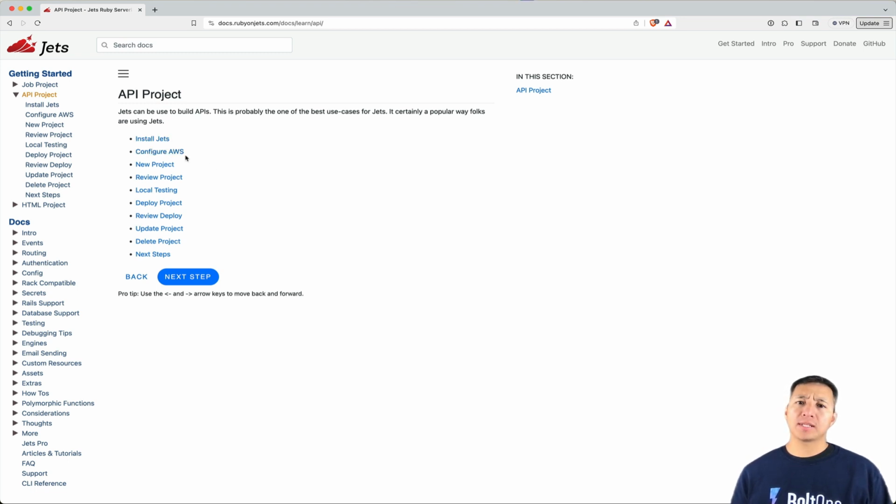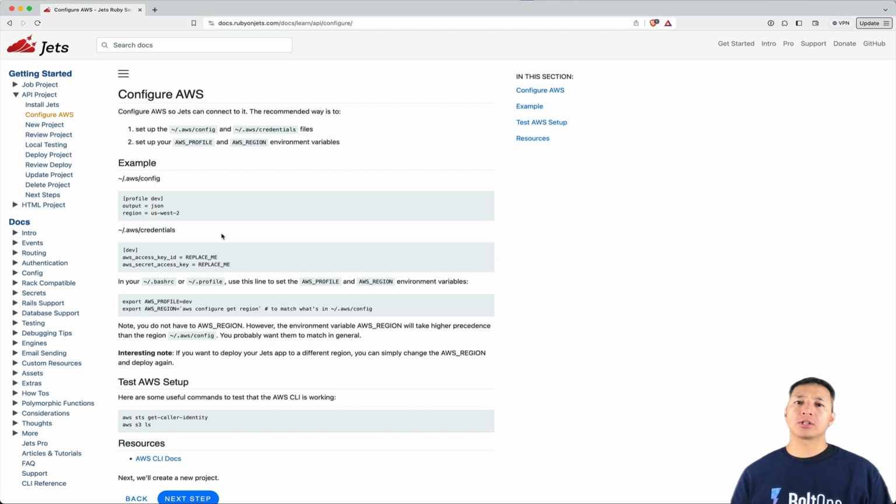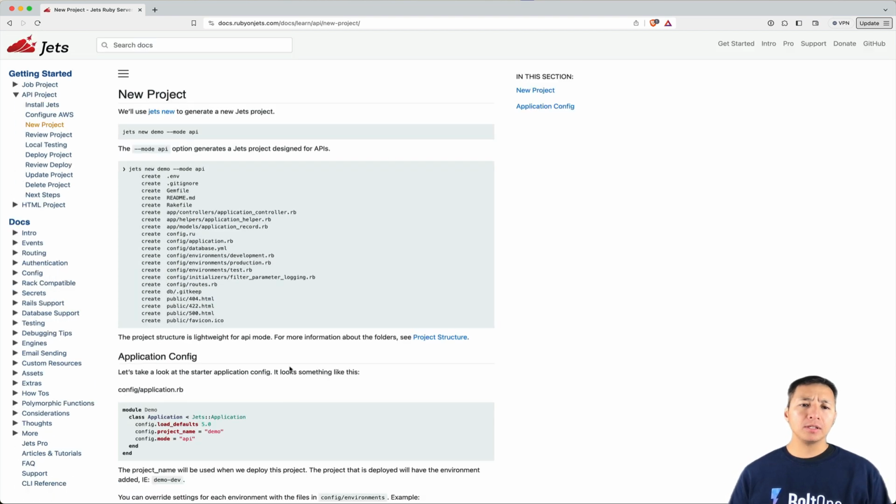I'm going to cover the first 2 steps pretty briefly because I have some videos actually covering some of this already. Next step is install Jets. It's just gem install Jets, and then you get the framework installed like that. Next is configure your AWS credentials. So this is the way I recommend configuring your AWS credentials, and I have a video kind of covering this. So again, I'm going to skip over this part so we can get to the meat and potatoes, which is generating a new project